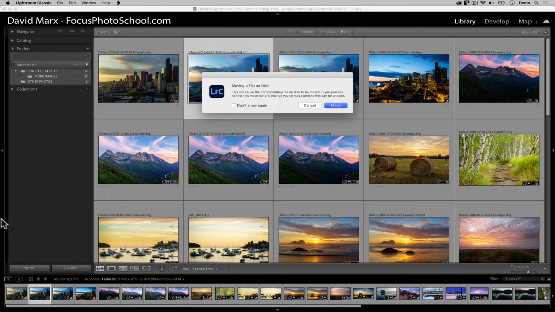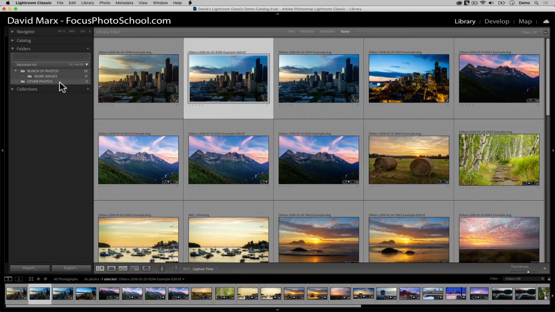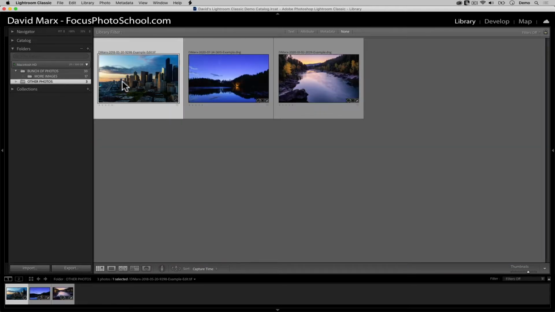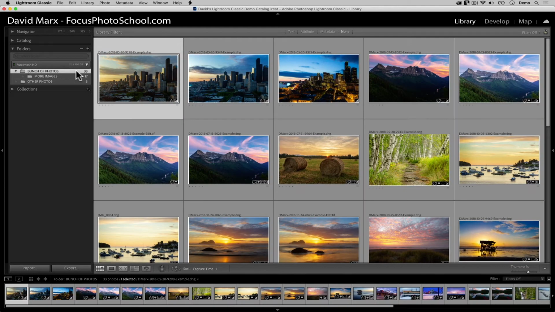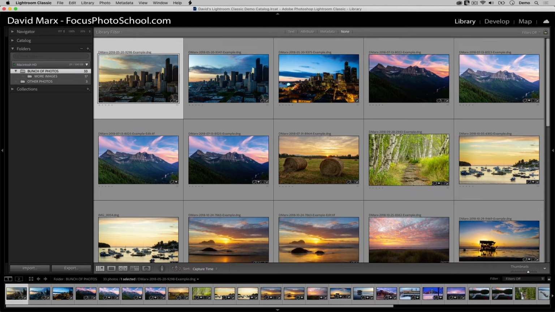It's no big deal because there's nothing that stops you from moving an image from one folder to another and then moving that same image back again if you change your mind. Since I'm sure that I'm ready to move this file, I'm going to tap on the blue Move button to commit this change. As you can see, that file is now in this folder here. It used to be in this one. That was super easy, but I need to point out two very common frustrations.